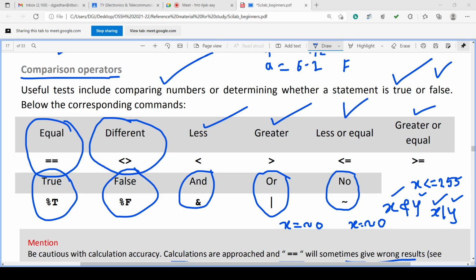The equal symbol is used either one time or two times. If the equal symbol is used one time, it is assignment. And when the equal symbol is used two times, then it is the comparison operator. Please understand, we can make mistakes while writing the program.